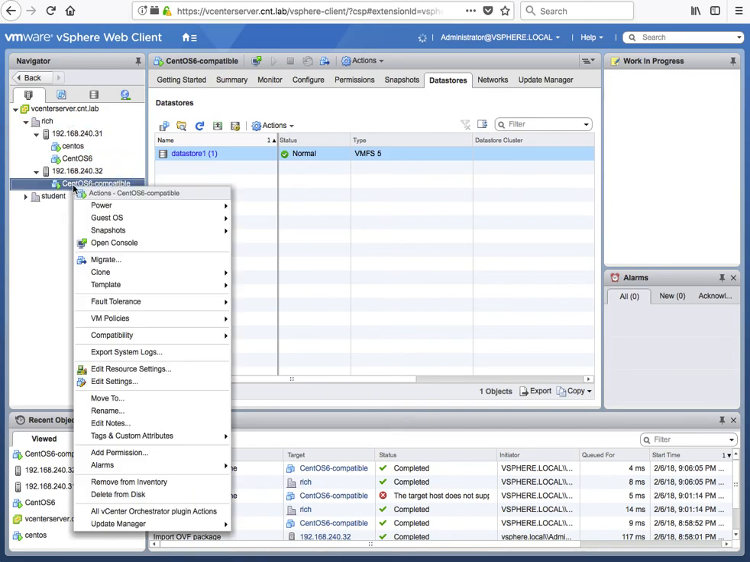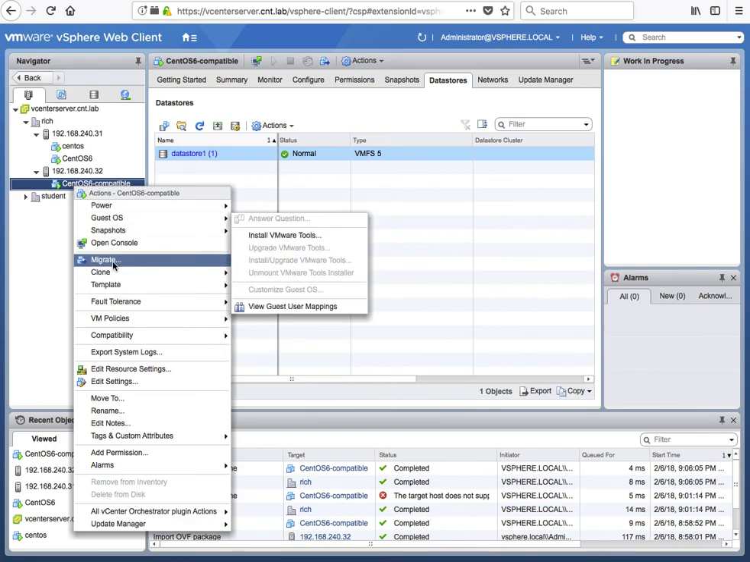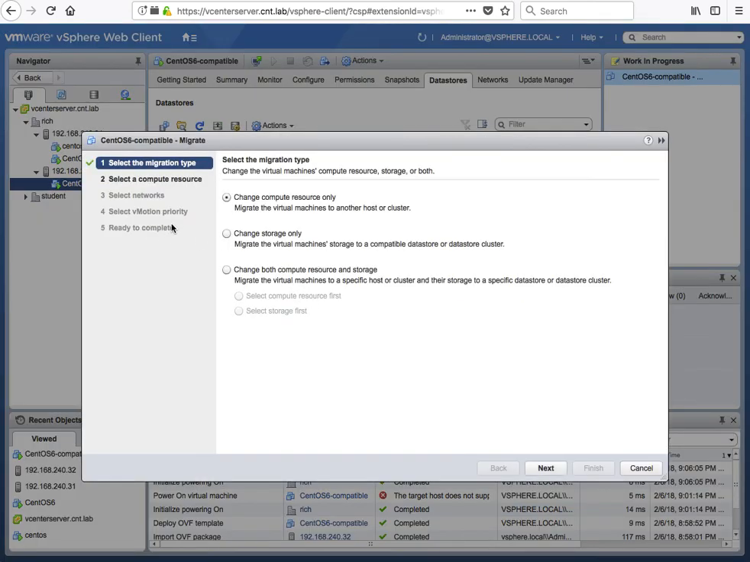It's so cool. So the way you do that is you go migrate, and then you select what you want to migrate. Change compute resources, so that changes which ESXi host is doing the processing. Change storage only, or change both compute and storage. So we'll try to change compute resources only first,